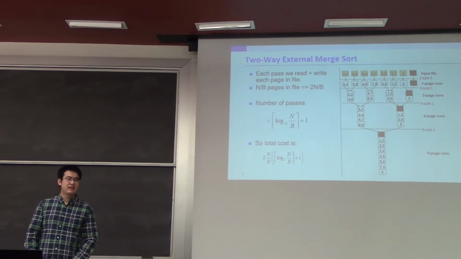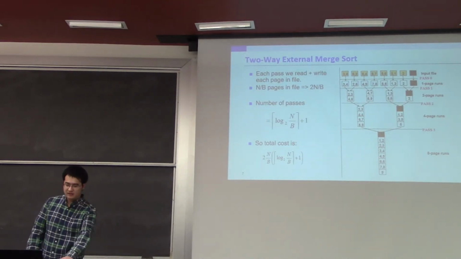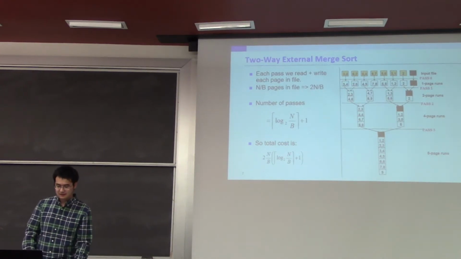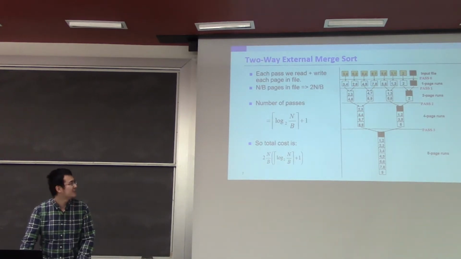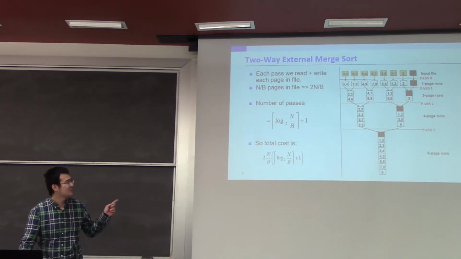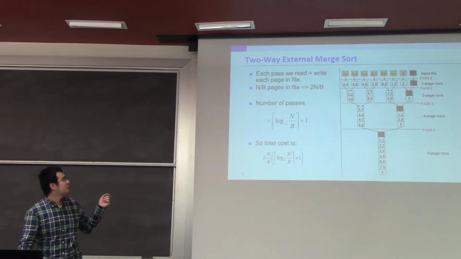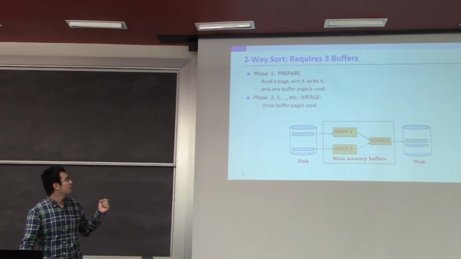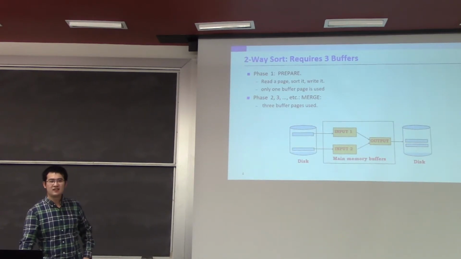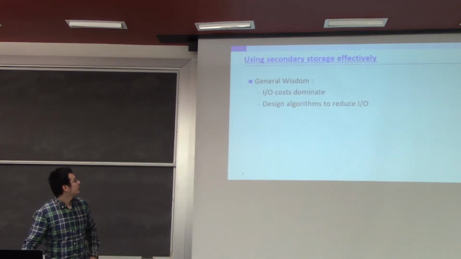Pepe is out of town today, so I'm giving this lecture instead. Just one first question. Where did the last lecture end? Did he finish the two-way merge sort with 3 buffers? I'm not sure if he finished it. I know he talked about it a little bit. So do I need to go through this two-way sort with 3 buffers again, or do you prefer I continue? If you could go over it again. Yeah, sure. Okay, so